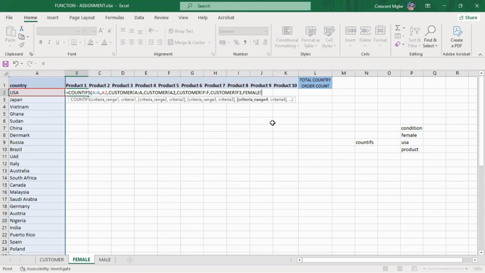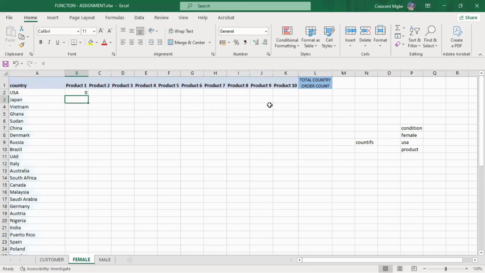So we have to end here. Let's see. So we have to remove this comma because there's no more condition. We'll end in this place. This is criteria 3. We'll fulfill the 3 criteria. So you can close the bracket or just hit enter. It will close the bracket for you automatically. So I'll hit enter and it gives us 0,